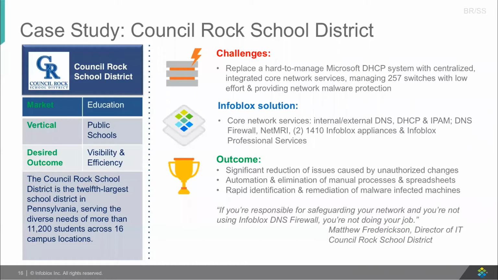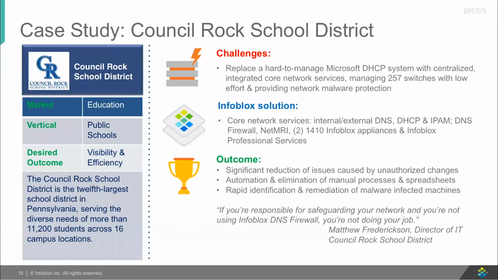So what they ended up doing was putting in Infoblox DNS, DHCP, IP address management, our DNS firewall to mitigate against malware, that's leveraging DNS, and also our NetMRI solution for management of those layer 2, layer 3 infrastructure devices, to do network configuration and change management around that, along with a couple of Infoblox appliances to provide additional services. So really they're able to reduce the number of issues that they were having,